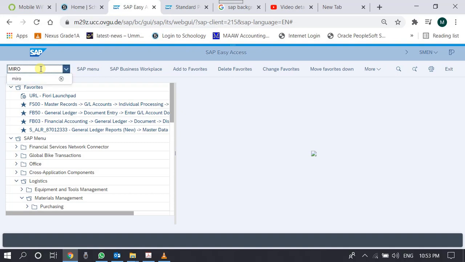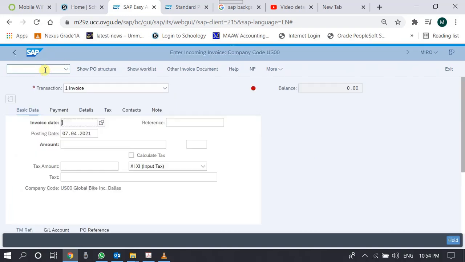Remember the T code for goods receipt was MIGO, which was a generic T code to record any material movement, and for the invoice it is MIRO. Keep in mind that this is not our invoice, this is a vendor invoice, so we usually say it is an invoice verification, incoming invoice. By default, through this T code we can enter an incoming invoice, but the system also allows us to display an existing invoice. So if we want to display the invoice, we need to go to other invoice document,